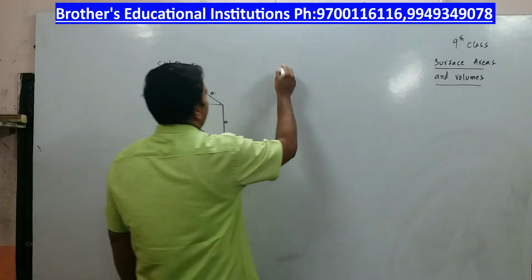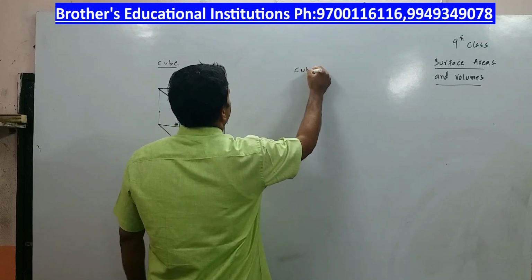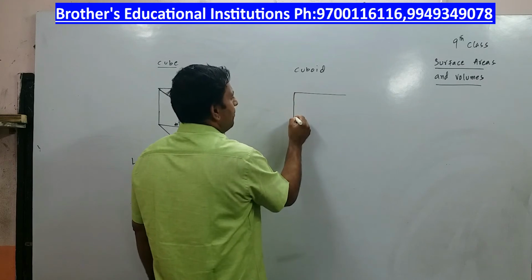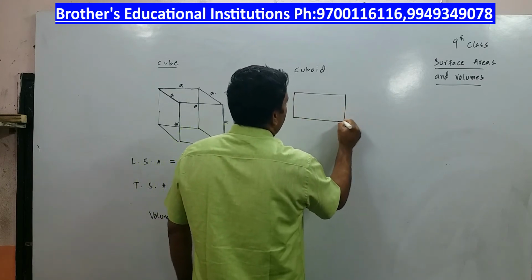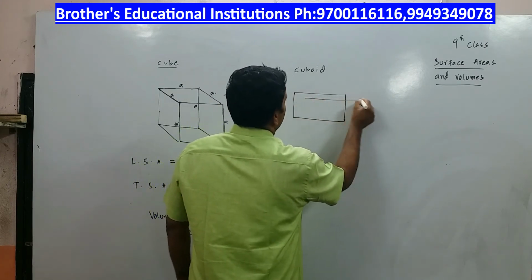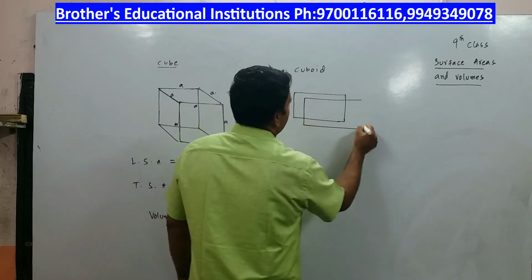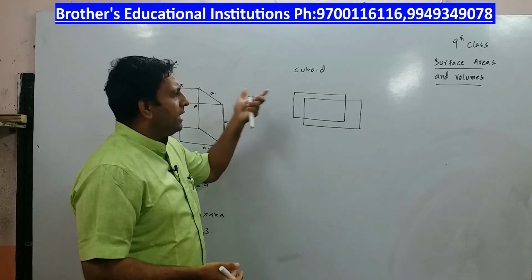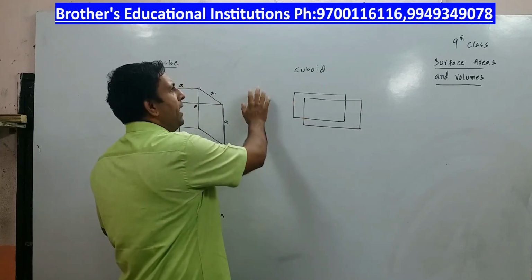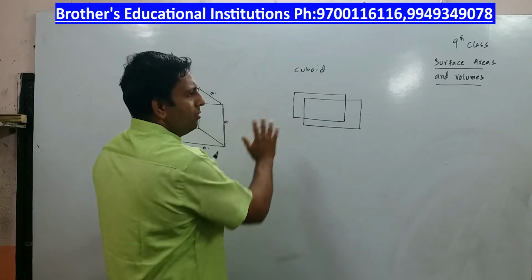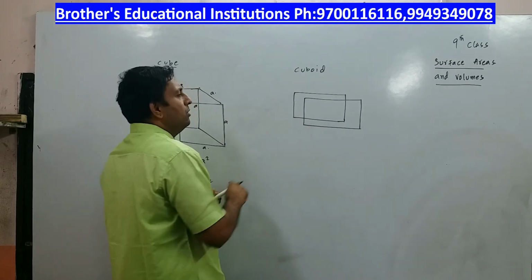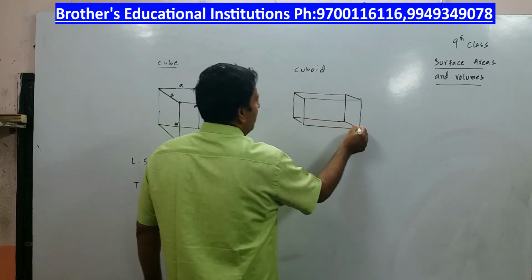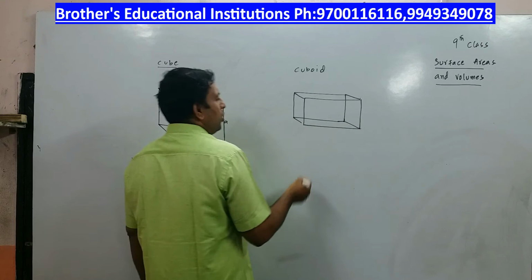The next geometrical figure we are going to deal with is a cuboid, right? I am sure you must have seen a brick. A brick is of the shape cuboid, is it not? So to make you understand, I am drawing, see, it's a joke actually. You are planning to draw a 3D object on a 2D plane. This plane is a 2D plane. On that we are trying to draw and show our skills and show that it is a 3D object. Alright, anyhow. So this is a cuboid.